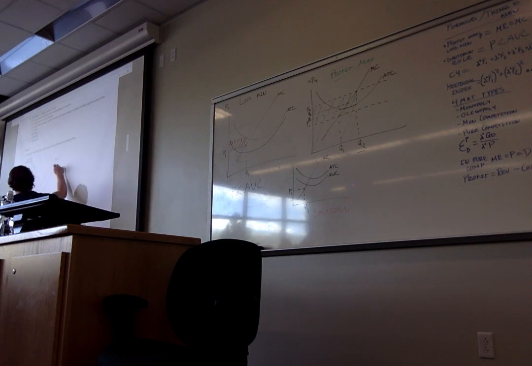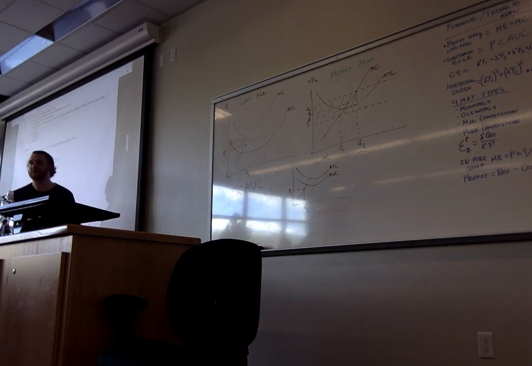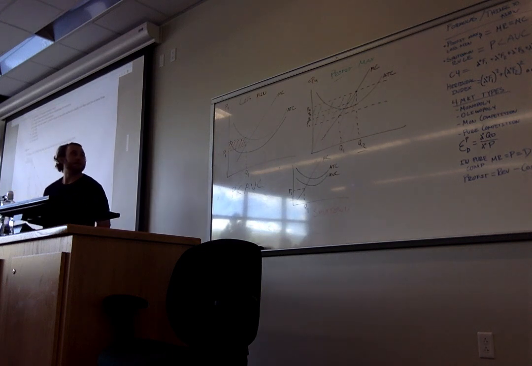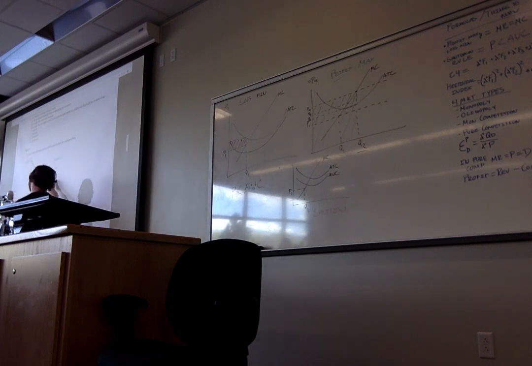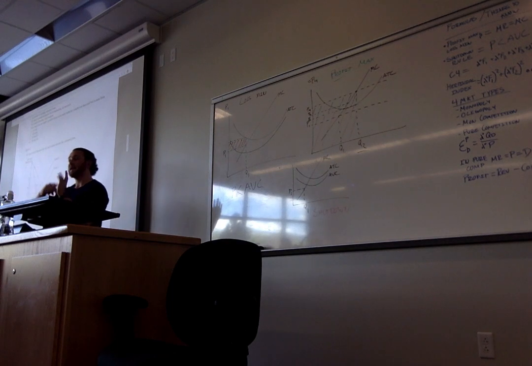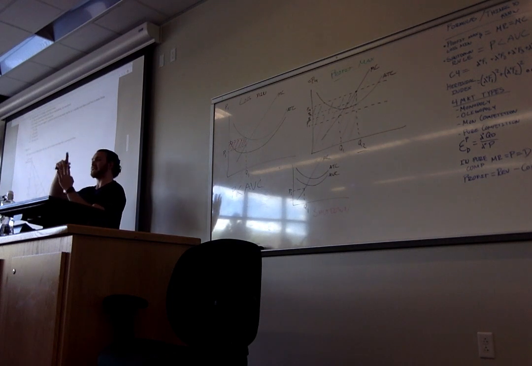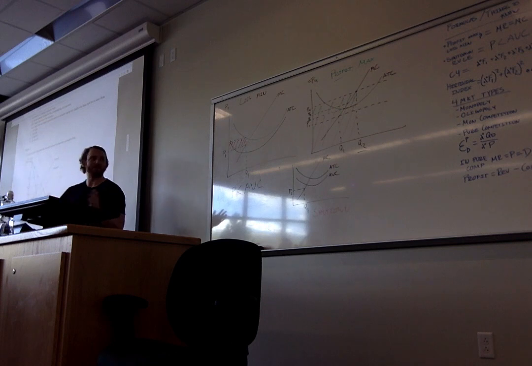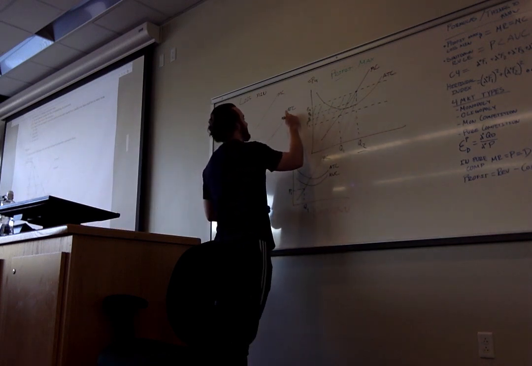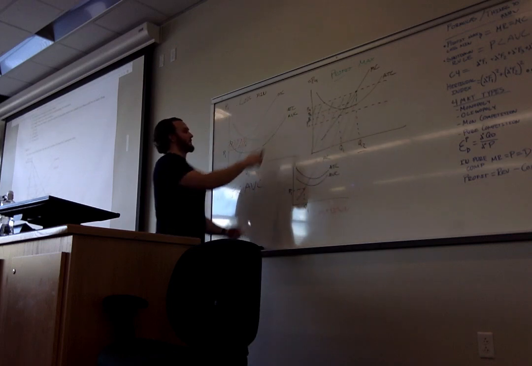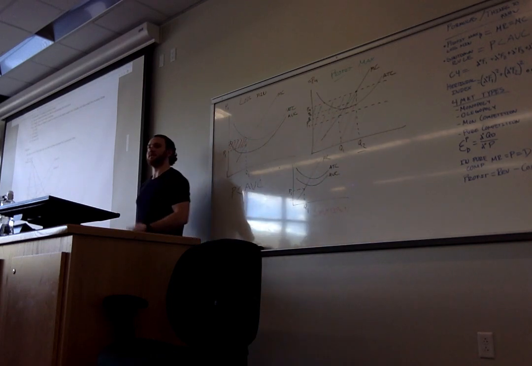Okay, now what is curve D, this U-shaped one? Anybody tell me? Good job. So this will be your average total cost. Average total cost is always the U-shaped one, okay? If there's 2 U-shaped ones, it's the bigger U-shaped one. Does that make sense? Because you look over here, does that make sense why that is? Because your total cost is always going to be greater than your variable cost because variable cost is part of